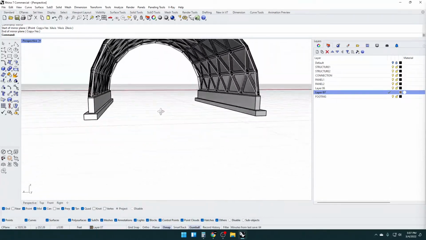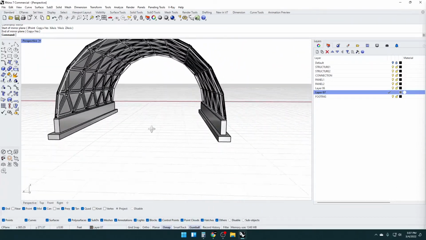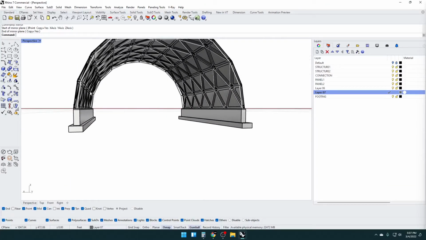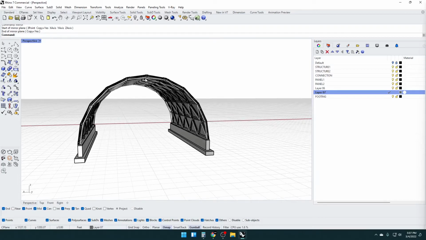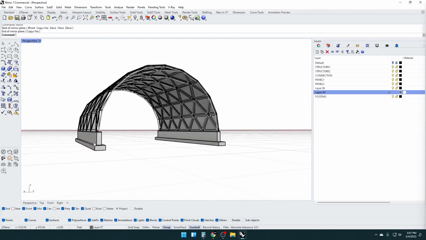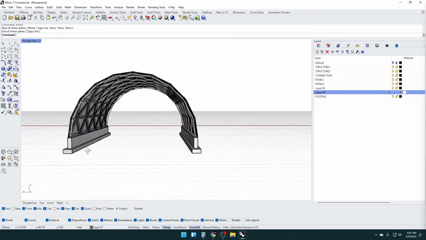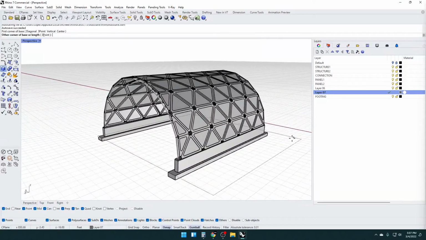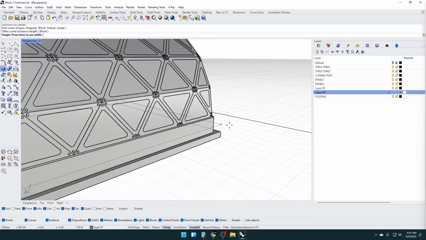Now in terms of how this would stand up, the footings would hold it up for the most part. This arc is going to try to push to the outside, so there may be some other engineering to do here, but if you were to put a slab on top, the slab would be poured on top of this one to this side and up